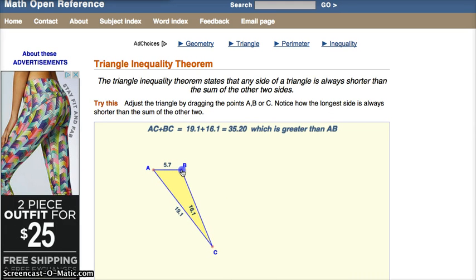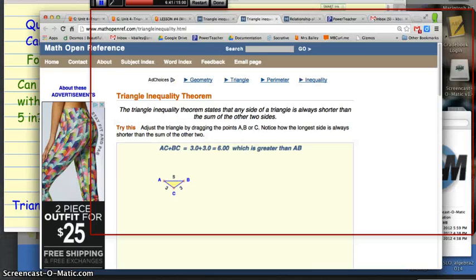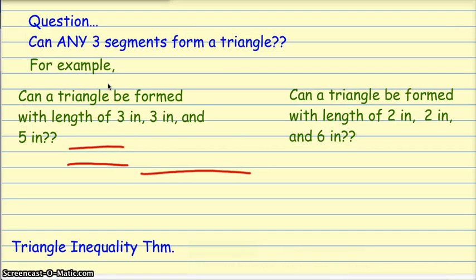Here's 5. And let's get these to both be 3. Oh, I just had it there. So yes, 5, 3, and 3 can form a triangle. And 6, 2, and 2. So